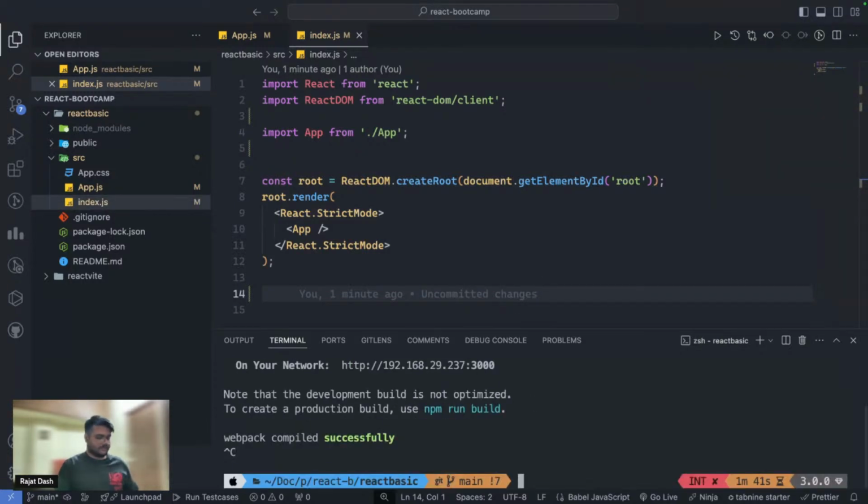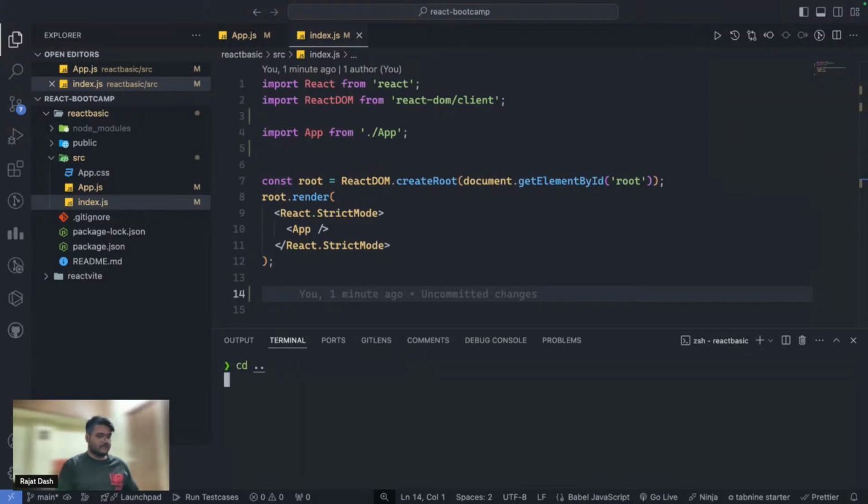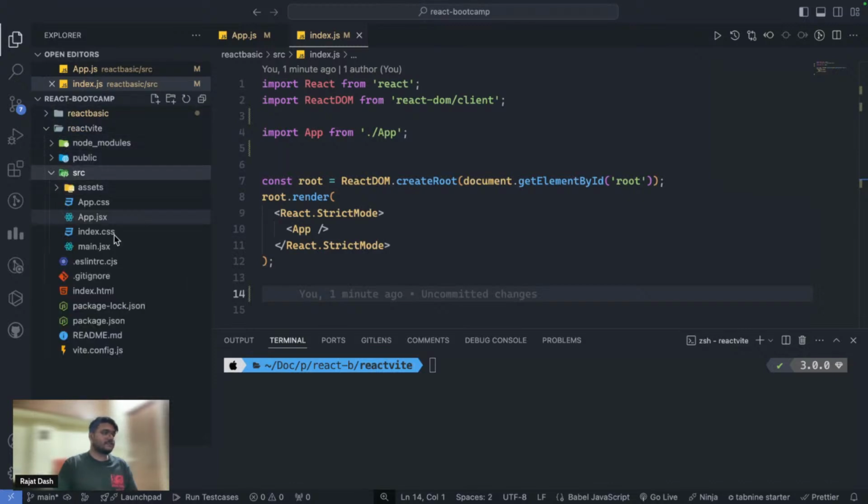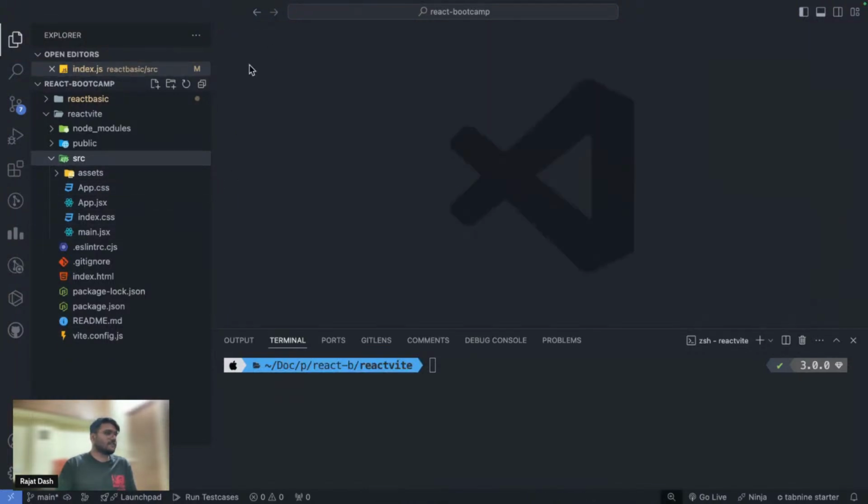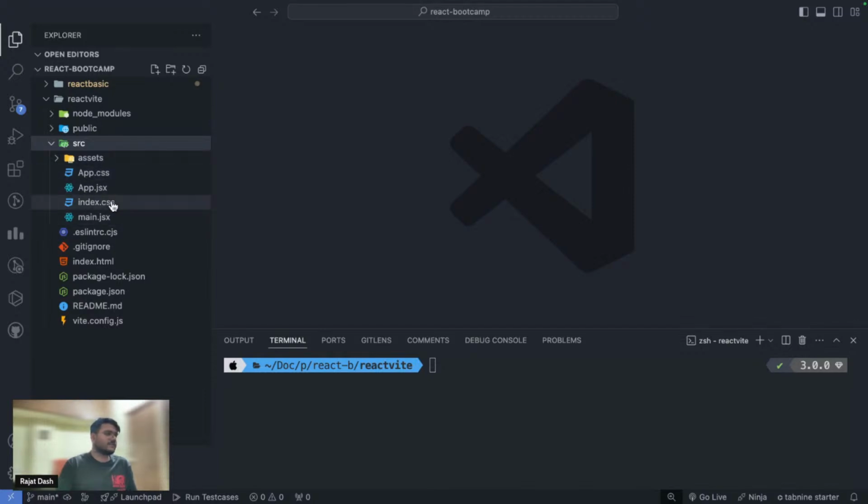I'll just close this terminal. I'll move out one folder back and I'll move to React Vite. Good. We can see the same kind of structure in this. Okay, there are a lot more things like the Vite config, the assets folder, or the ESLint config. We don't much need to worry about those. In further sessions, I will be giving you a small brief about those files. But for the time being, let's do the same thing in the Vite application also, and we will run it.